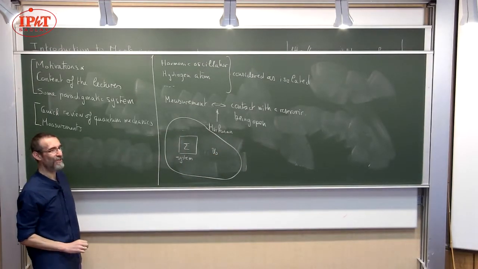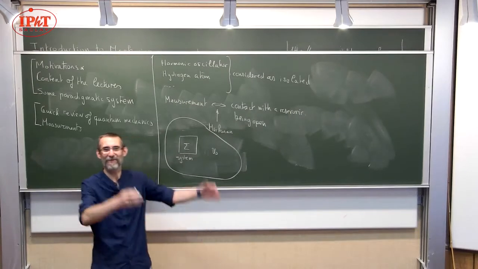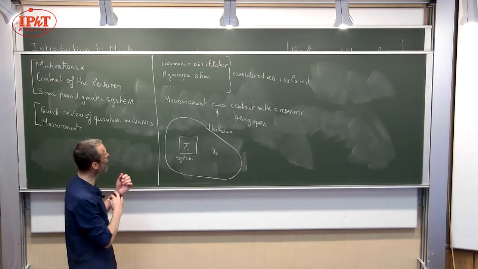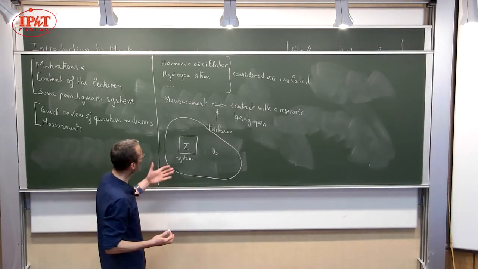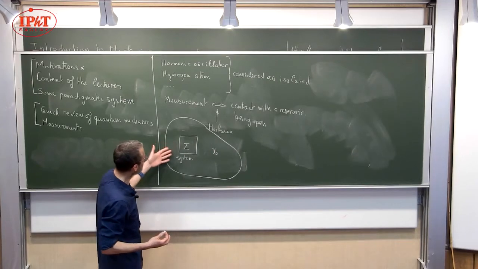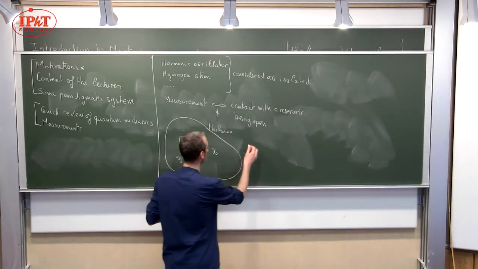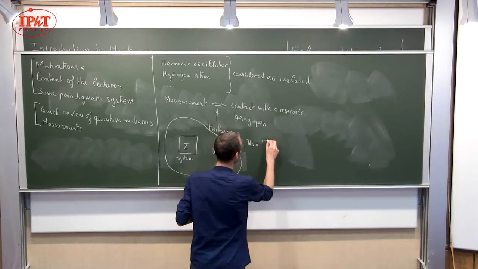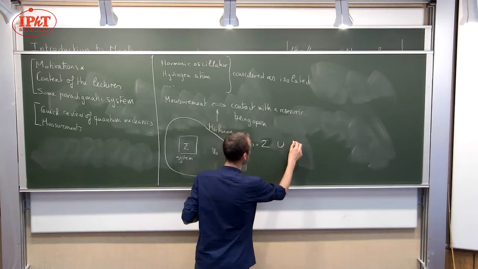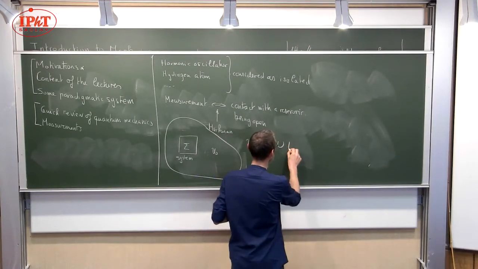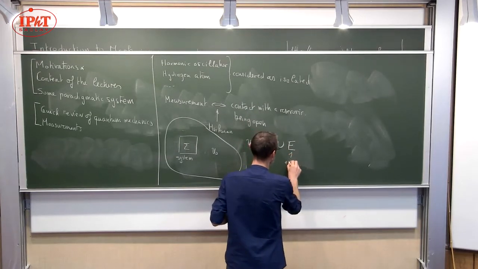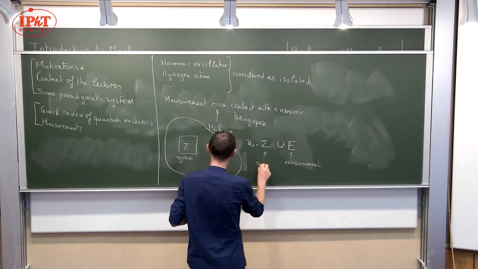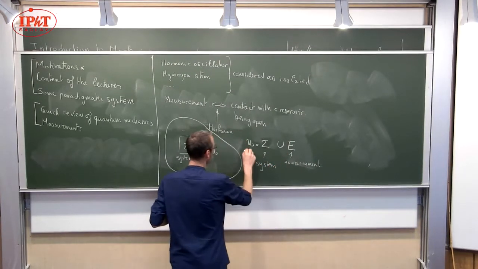And sometimes the universe can just be a refrigerator or something like that, and sometimes it's much larger. But this is the situation we want to model. And the point is that you can decompose the universe as being the union of sigma, the system, and an environment. So this is the environment. This is the system. And this is the universe.